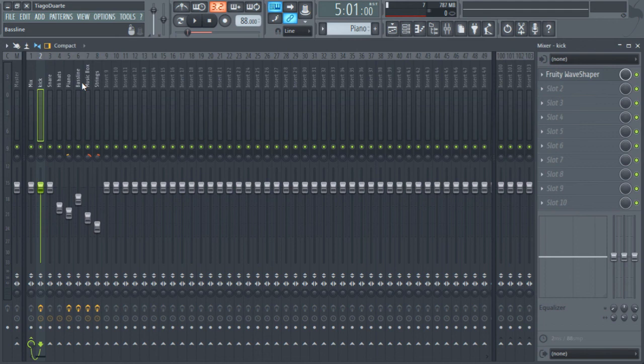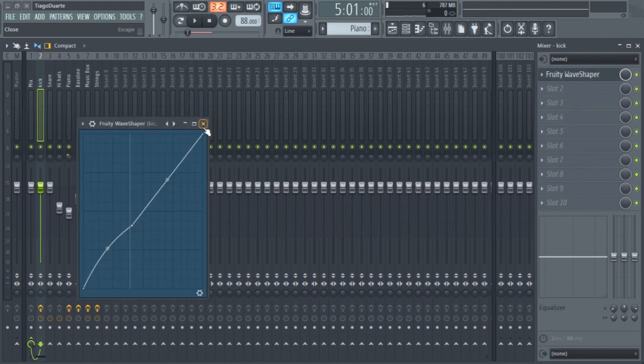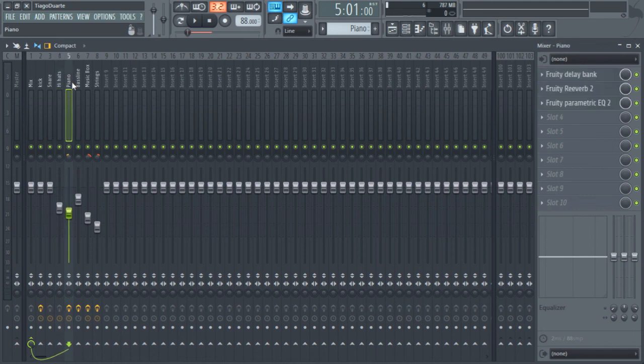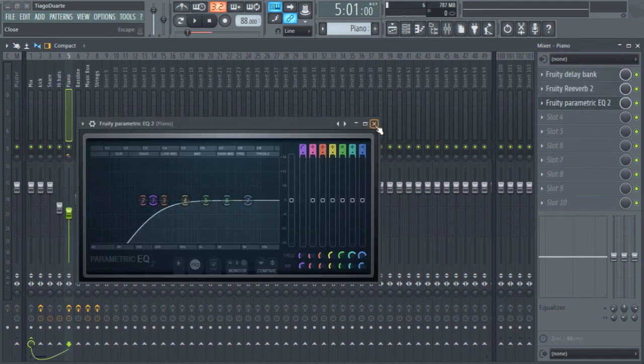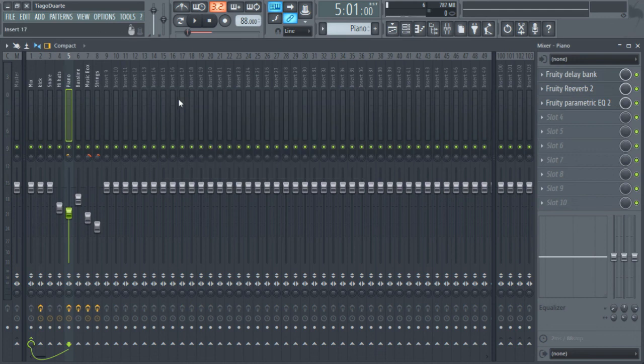I understand that you probably could do a lot more with the piano, the bass and all that stuff and make it sound even better. But this is a beginner series, so this is the basic that you can see. And also I didn't go into detail about the plugins. As you can see, there is a lot of stuff that you can do with EQ and compression, reverb, but I think I included the main ones here, which are compression, EQ, reverb and delay. Of course, you can have